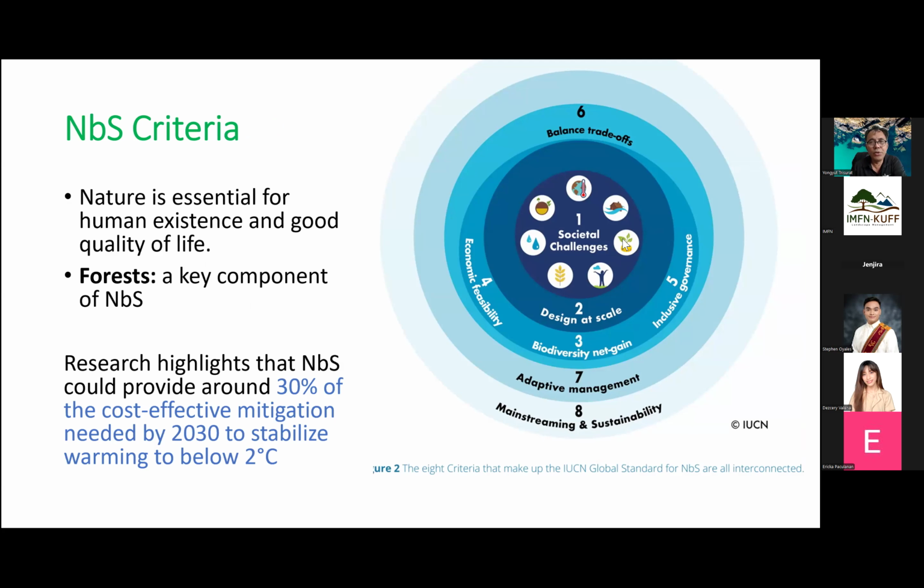Nature-based solutions have 6 criteria. One is societal sharing. It means that the practice has to provide benefit to local people, and be designed at scale. The scale of the plantation for the implementation will differ from project to project. One project may be small and another project will be larger. And the third